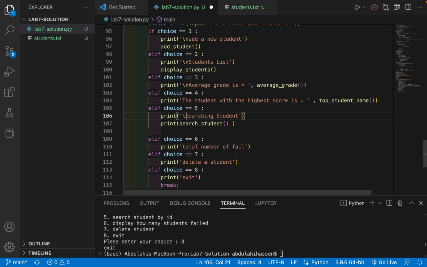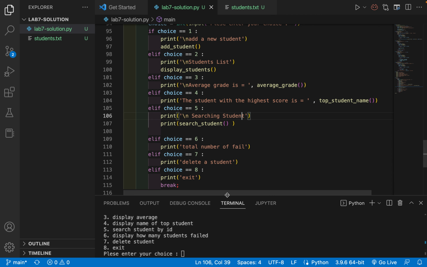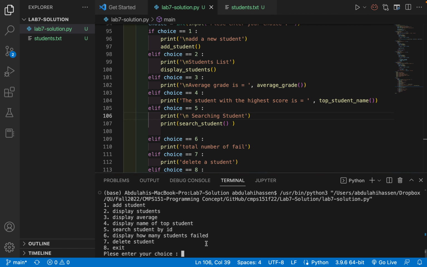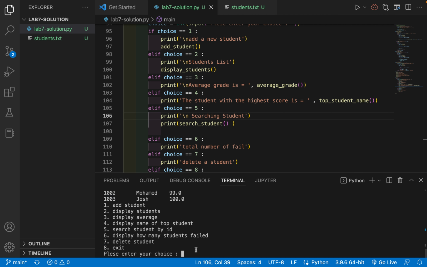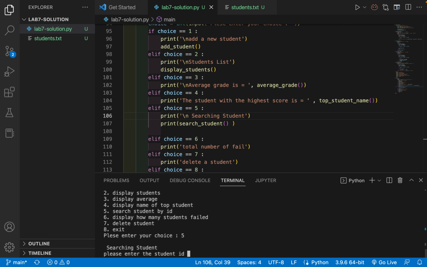Maybe put a new line here, and that's it. Now let's try to run our application. We have this. Let's first of all display all the students. We have these 3 students. Let's search for this student with ID 1002, which is Muhammad, and we can put number 5. They will ask for ID 1002,